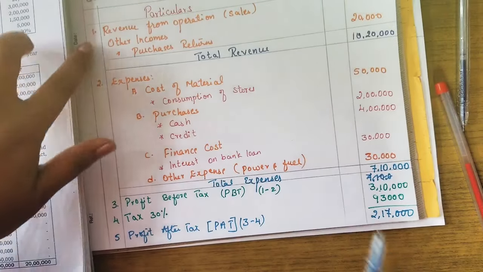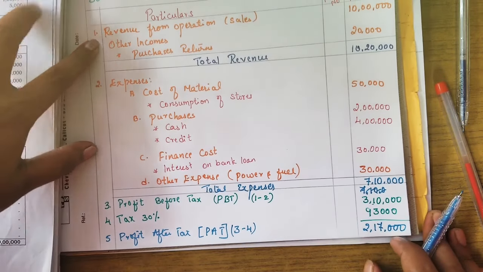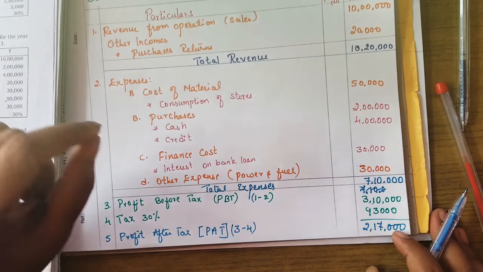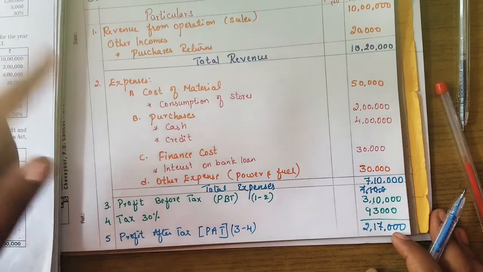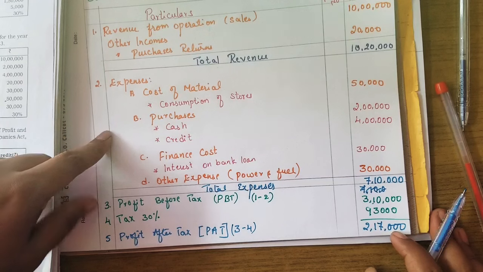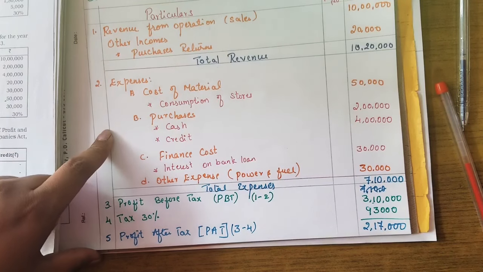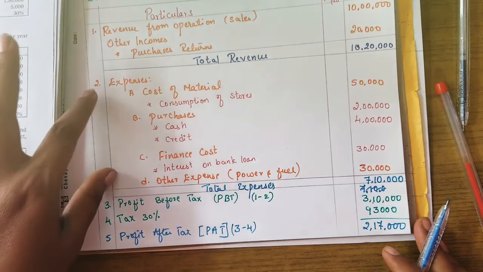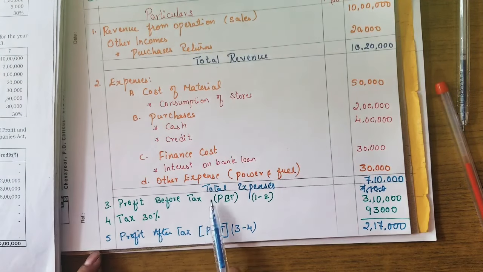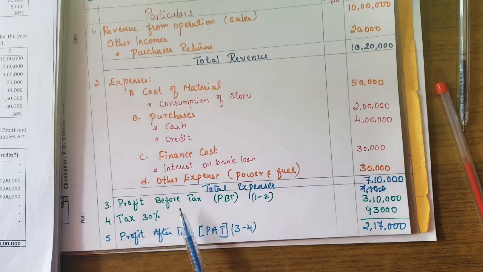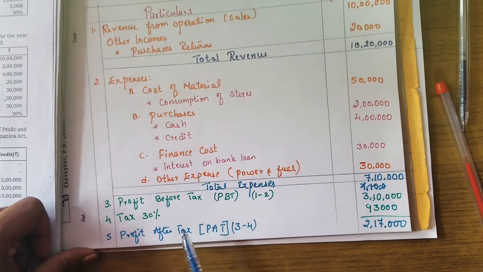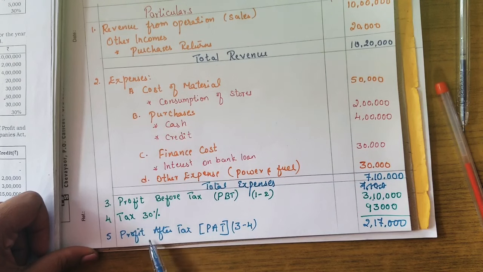So here this is the revenue, incomes. Purchase returns will always be an income. If at all they have given sales return, it will be an expense. Okay, don't forget that and don't get confused with that. When you know the incomes and expenses, you should be thorough with the calculation of profit before tax, profit after tax. This is very important. Okay, so these 3 points are very important.